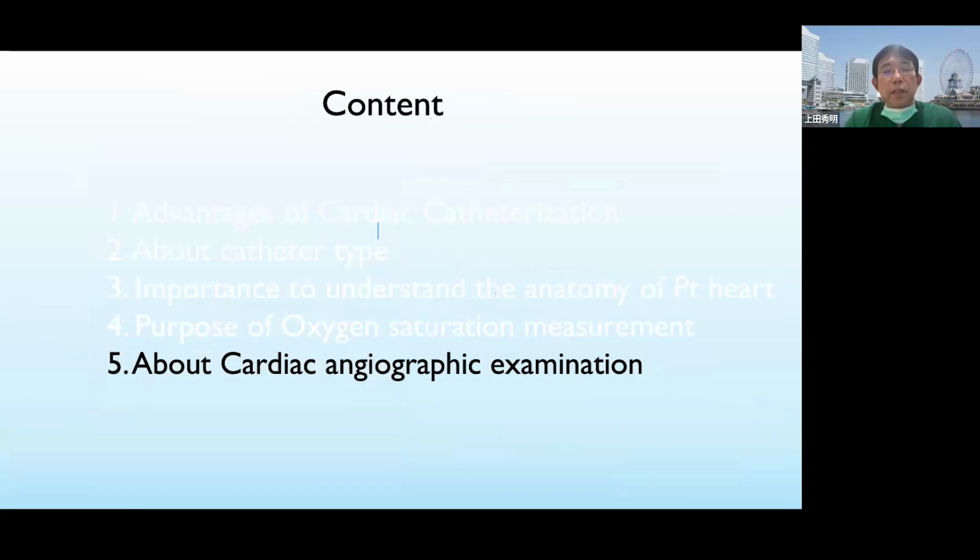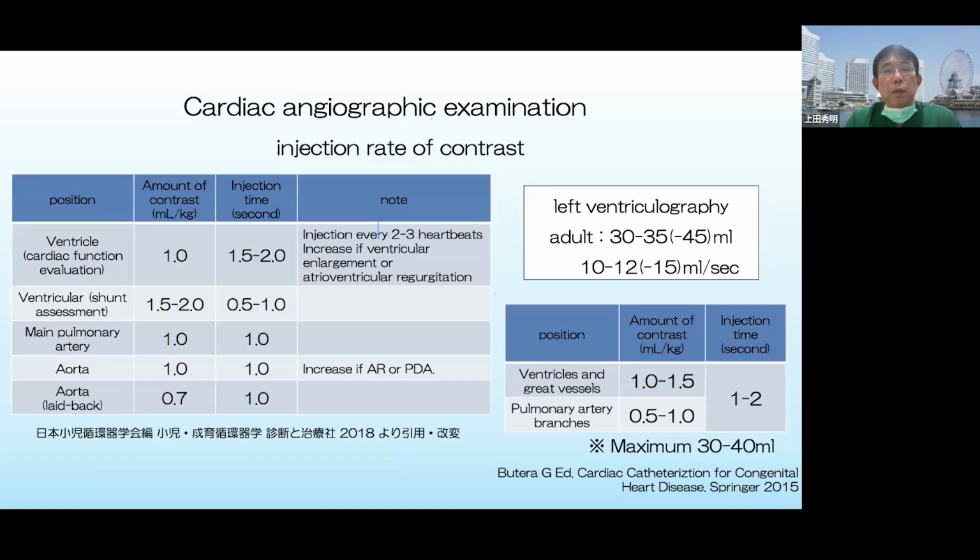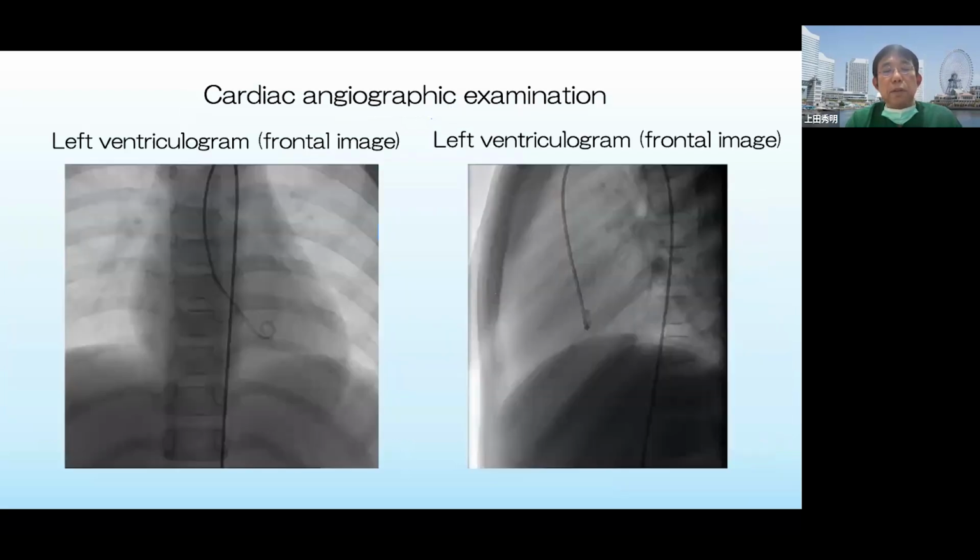The final thing is the cardiac angiographic examination. What's the reason to perform the angiogram? There are several purposes: to evaluate where the stenosis is and how much the valve regurgitation is. Also, we have to evaluate both sides, the left ventricle and the right ventricle. As you can see here,